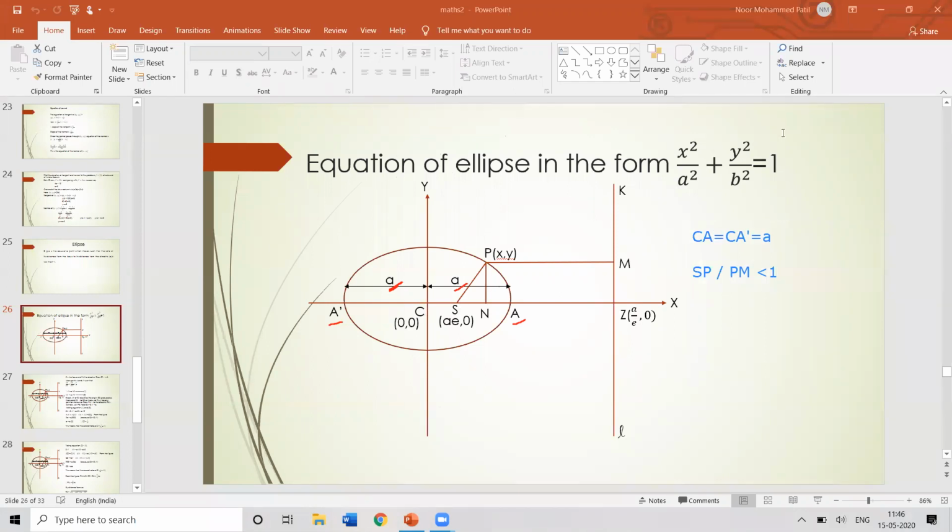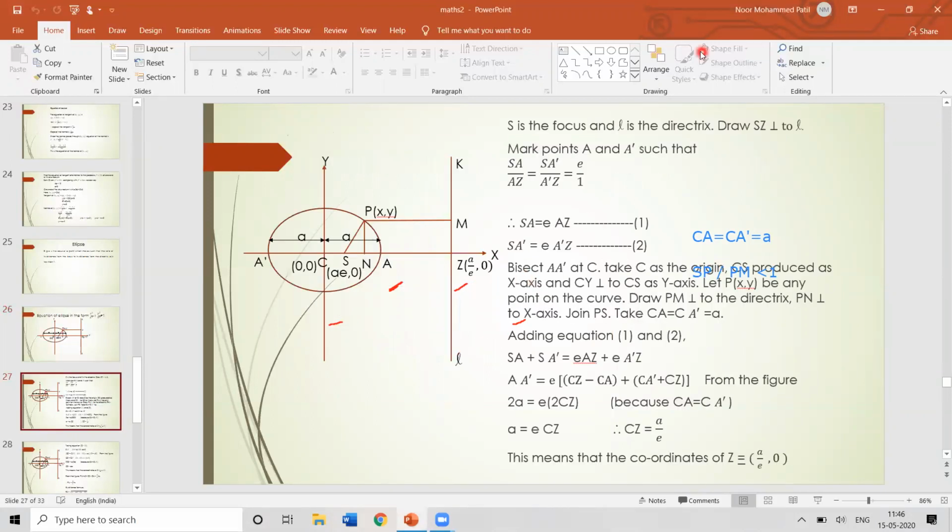Now let us see how we can obtain this. So construction, we'll first write it out. That is, S is the focus and this L is the directrix. Draw SZ perpendicular to L, that is the directrix. Mark A and A dash points